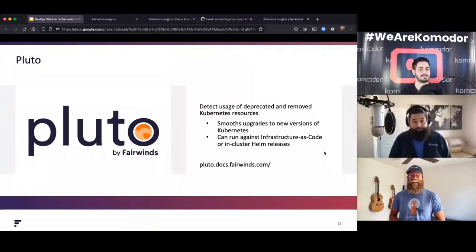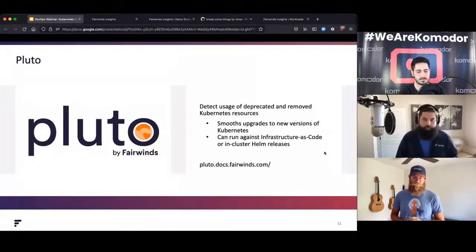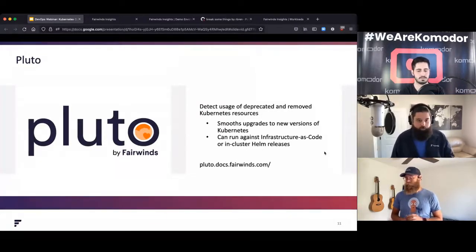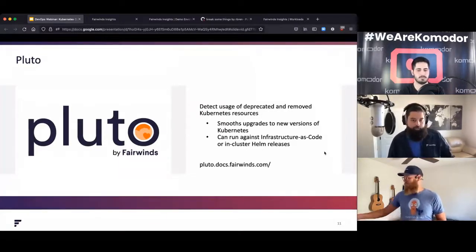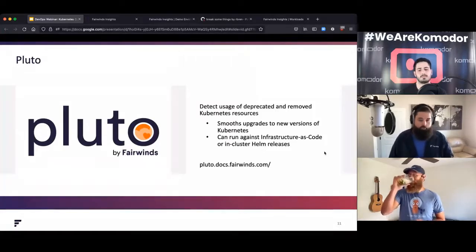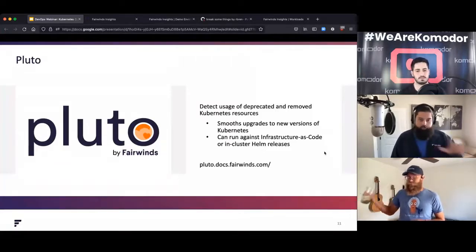So we talked about deprecated API versions. Pluto is the tool that helps with that. Pluto will check your YAML or your Helm charts for deprecated API versions. This one's a little bit tricky. You can run it against the cluster. It will check your Helm releases in the cluster, but there are various reasons why it's not entirely 100% reliable in cluster, because Kubernetes does a really nice job of translating API versions from one to the other.